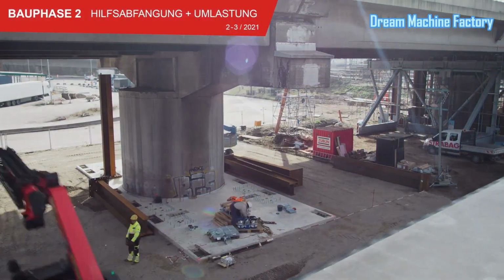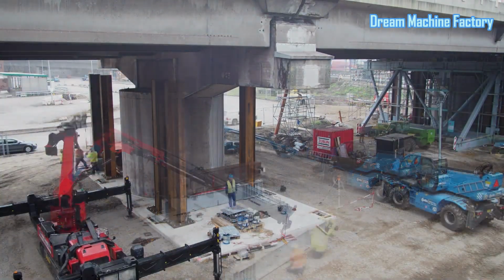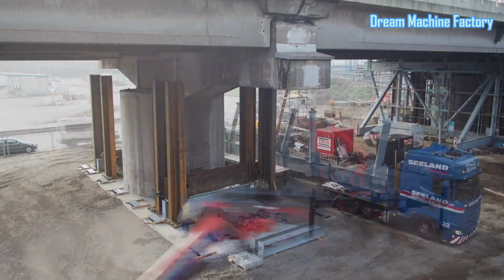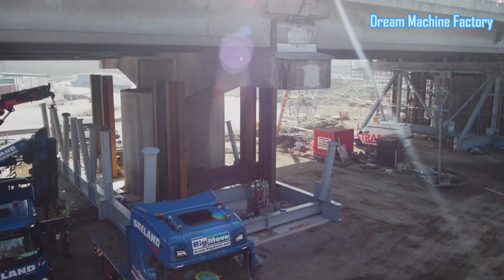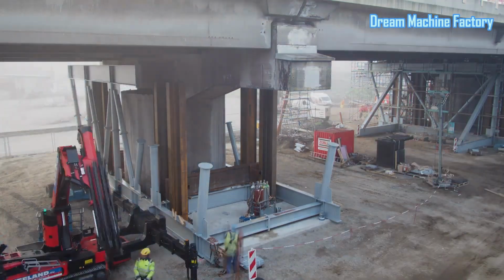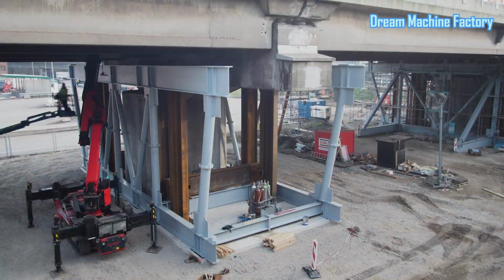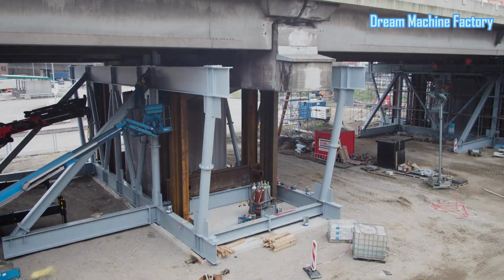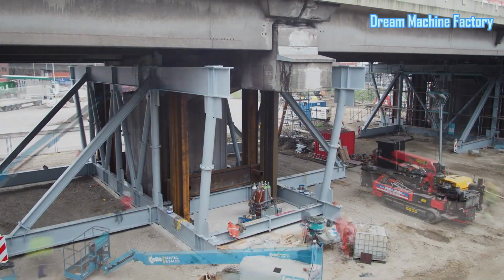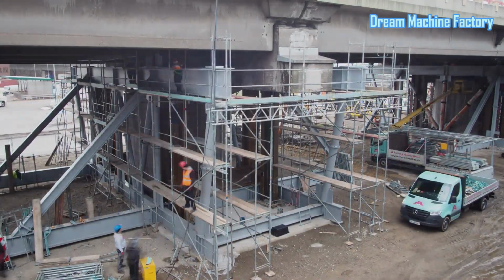Temporary support and load transfer is a critical phase where specially designed support structures are installed to bear the weight of the bridge while the mega supports are demolished. These temporary supports stabilize the bridge by redistributing the load from the existing supports to the new structures. This ensures that the bridge remains operational, preventing any disruption to traffic and port activities while the old supports are